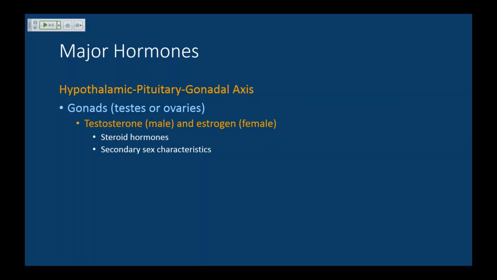Okay, pretty much a rule. If I forget to mention whether a hormone is a peptide, a steroid, or an amine, if I don't mention anything, it's a peptide. That's the vast majority of hormones are peptides. So I will always tell you if it's a steroid or an amine. Okay, so testosterone, estrogen, steroid hormones. They have effects in reproductive physiology, which is another lecture. But for the purposes today, we should just be aware that they are involved in contributing to secondary sex characteristics, which you are probably already aware of.